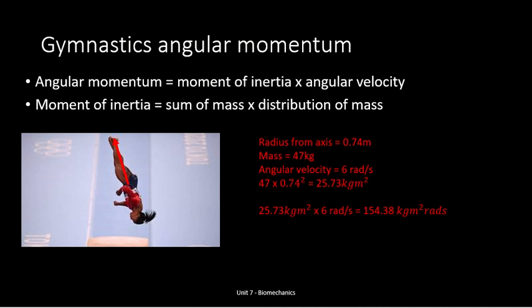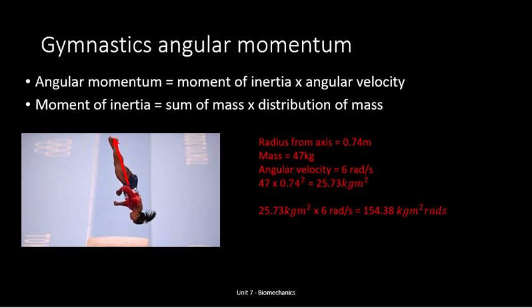The equation for angular momentum is the moment of inertia times angular velocity, and to find the moment of inertia you need to do the sum of mass times the distribution of mass squared. In this example, the gymnast is flipping over and the radius from the axis, shown as the red line, is 0.74 meters, the mass of the gymnast is 47 kilograms and their angular velocity is 6 radians,